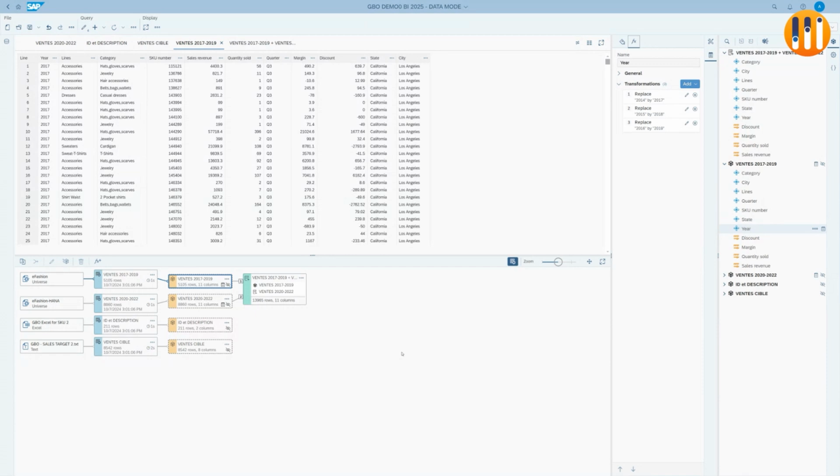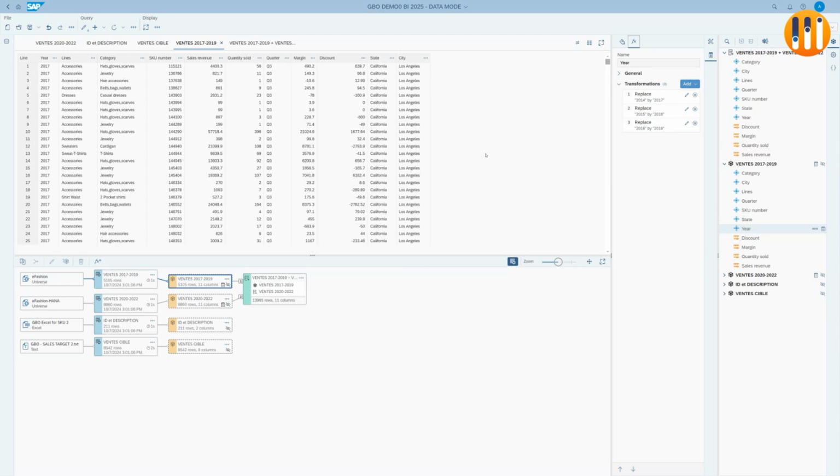Okay, all the things I've just explained until now are available to all of you since BI 4.3 Service Pack 4. Of course, this data mode is available in BI 2025. And what are the new capabilities inside BI 2025 for this data mode? Quickly, and this is really powerful now, this tool